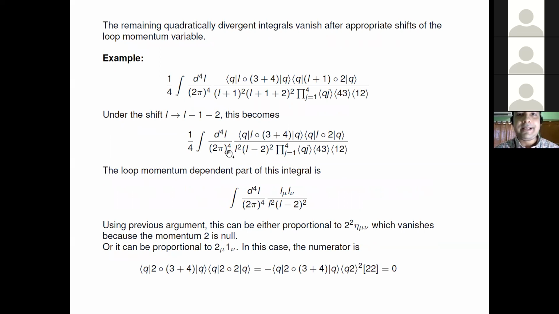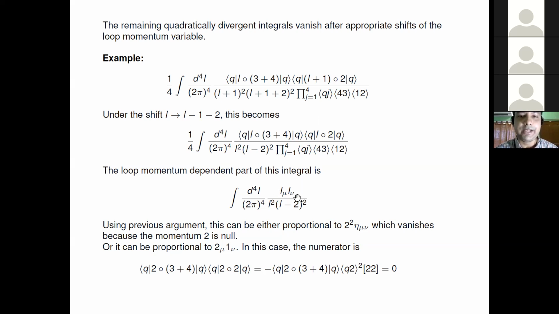There are other remaining integrals which are quadratically divergent, but which vanish after a shift of the loop momentum variable. For example, consider this quadratically divergent integral. If we shift the loop momentum L to L minus 1 minus 2, this becomes this integral. And using similar arguments to those given above, the loop momentum part of this integral